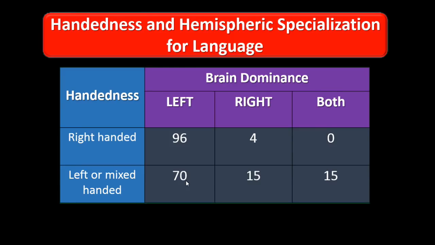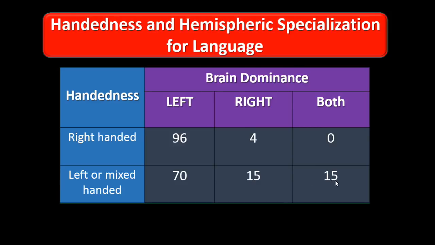Handedness and hemispheric specialization for language. So we're talking here about language. Among right-handed people, 96% would have the left brain as the dominant brain, the language brain. However, for those who are left-handed, still 70% would be left brain dominant. Yes, 15% of them can have the dominant brain on the right hemisphere, and another 15% can have